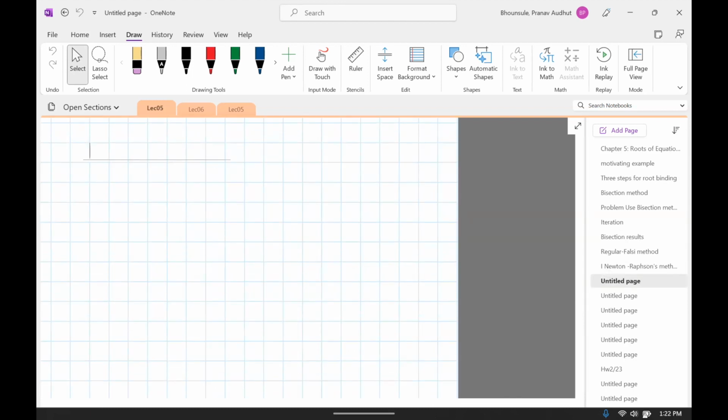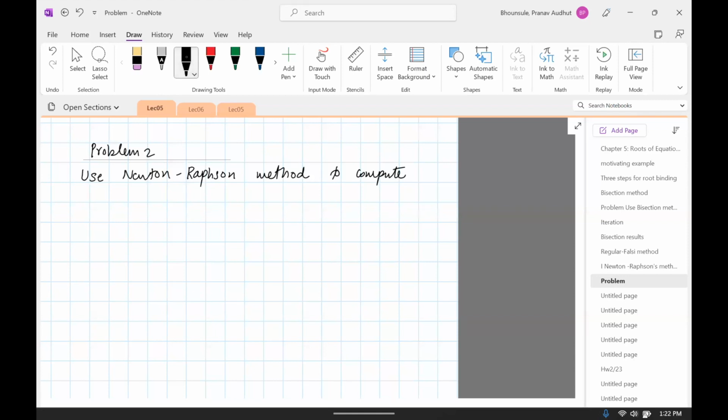Here's a problem. Use the Newton-Raphson method to compute the root of the equation f of x equals x squared minus 3x. Use an initial